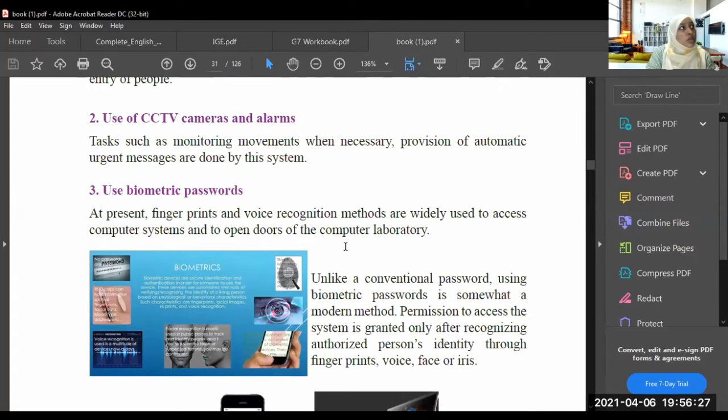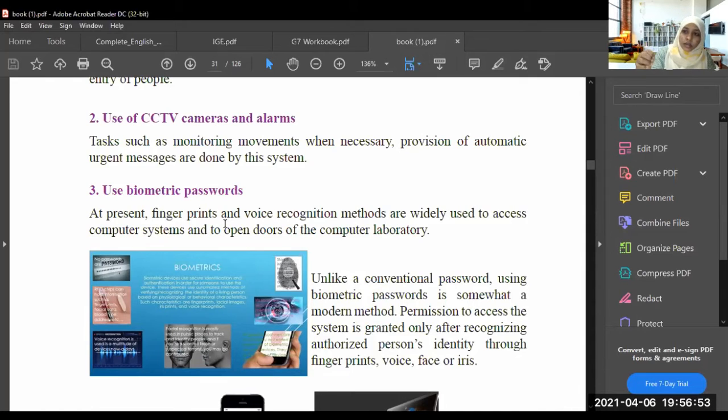So when you are using the computer system and the computer laboratory, mostly now in this modern time, they use the fingerprint or the voice recognition method.